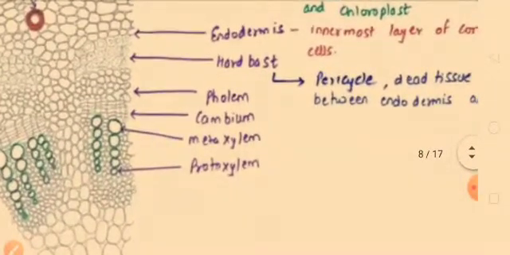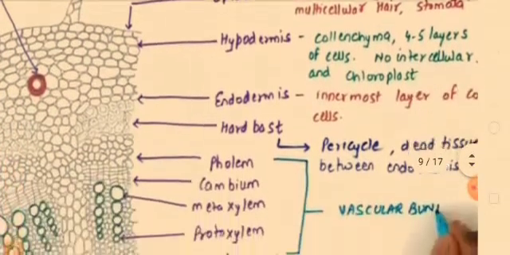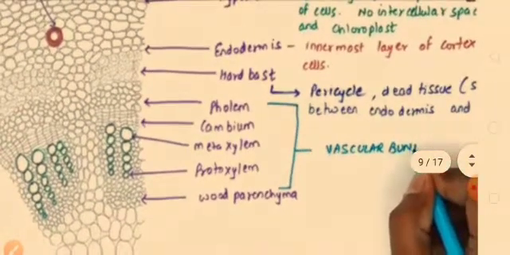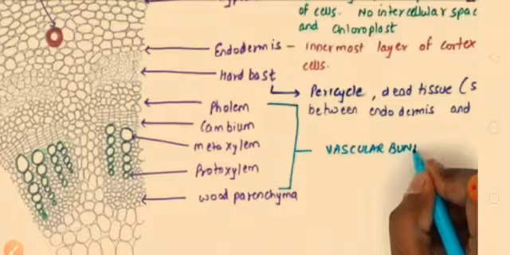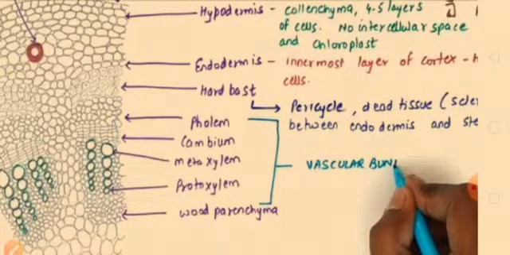You can see the green colored cells, the bigger one is the metaxylem and the smaller one is the protoxylem. Protoxylem is towards the center and metaxylem is towards the periphery. So what type of arrangement is it? It is an endarch arrangement of xylem vessels. Below the protoxylem, you have some parenchyma cells. Here phloem and xylem together constitute the vascular bundle. Cambium is present, so it is an open type of vascular bundle.